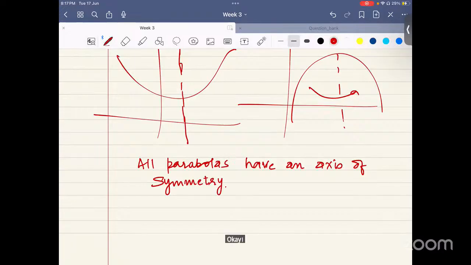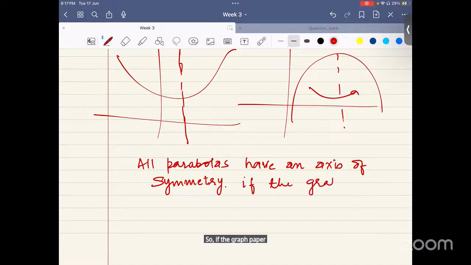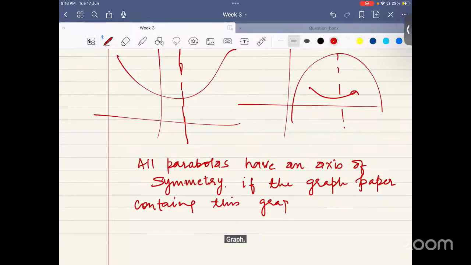That is, if the graph paper, for example, containing the graph of the parabola is folded. So if the graph paper containing this parabola